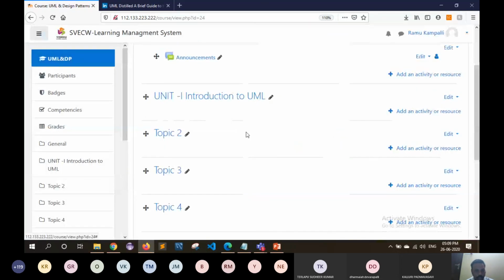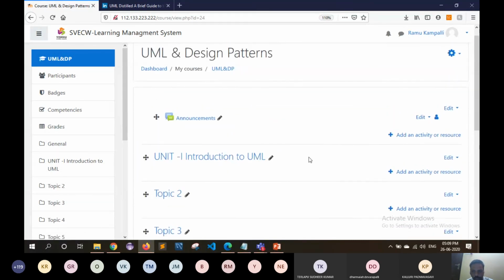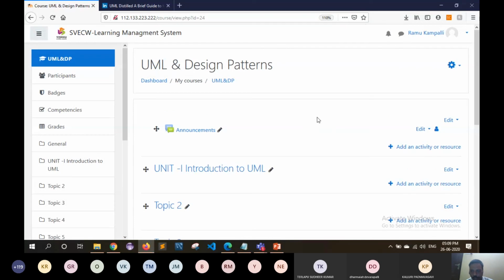Once I add the topic names here, I can show how to add the different kinds of activities. Upon the unit topics, we can add different kinds of course introductory files. Suppose we have course objectives and an academic year calendar, and if any prescribed books are there, you can give the prescribed books as a file. All these things will be put upon this first topic, inside the announcements section.